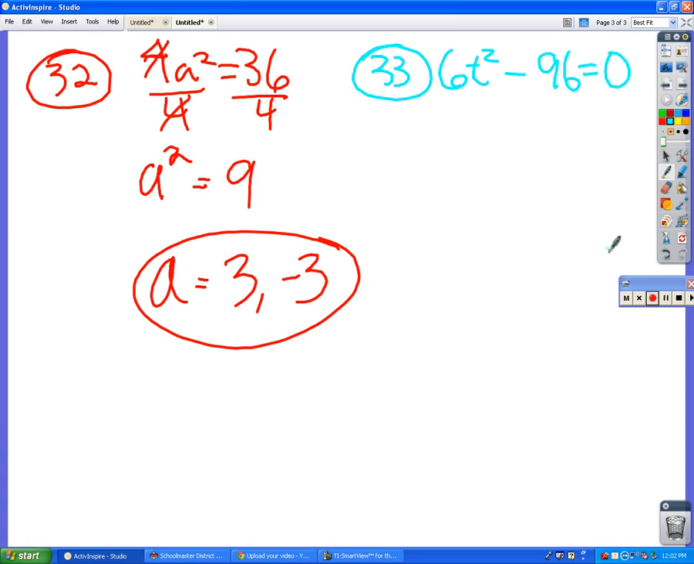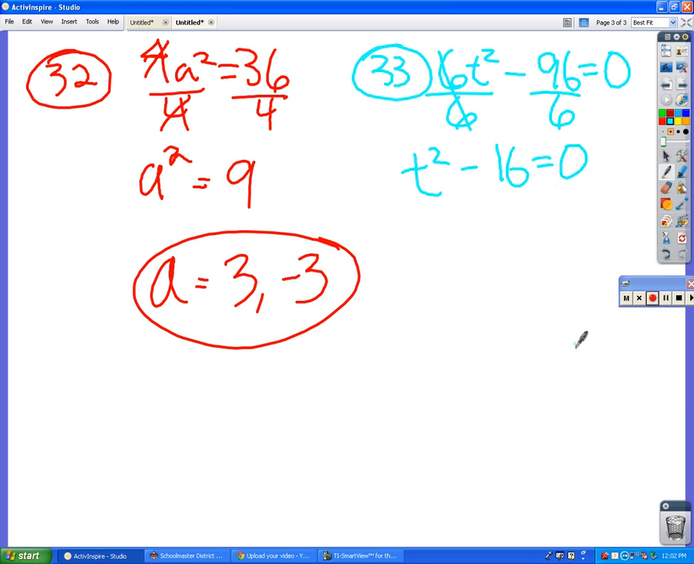What do you notice is true about 6 and 96? They're both multiples of 3, but you can do better than that. They're also both multiples of 2, but since it's 2 and 3, that means it's also 6. So I'm going to divide both of those by 6. So t squared minus 16